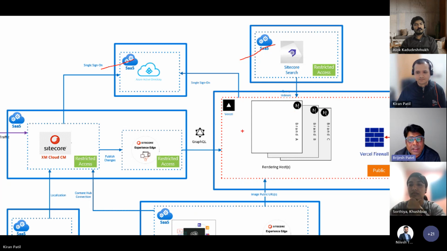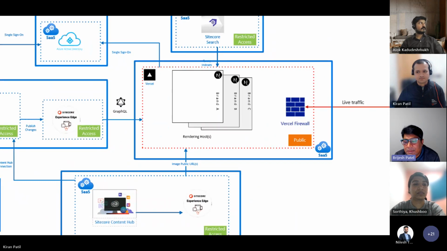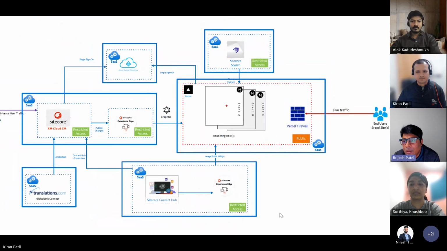Because we are in multiple regions, multiple domains, multiple brands, and multiple languages, we thought it is better to have a single Vercel app for each of the brands, regions, and domains. That's why, if you see here, all brands represent a single Next.js app in Vercel.